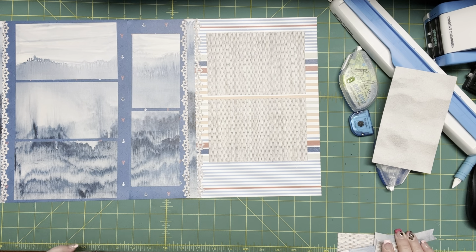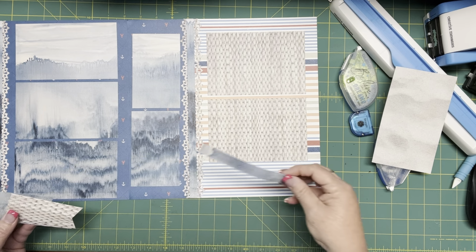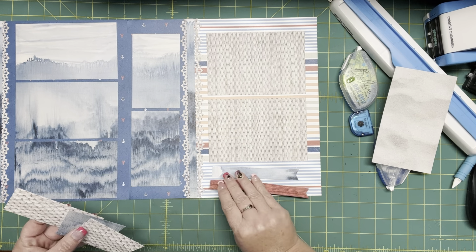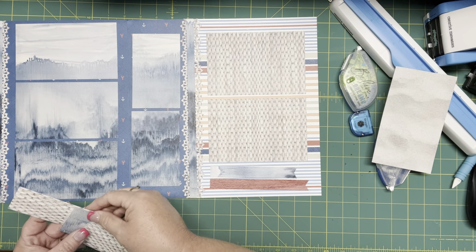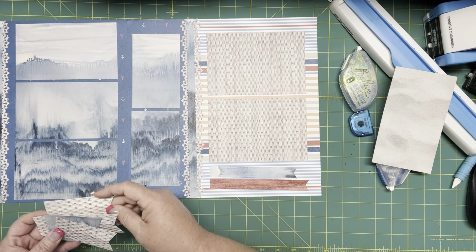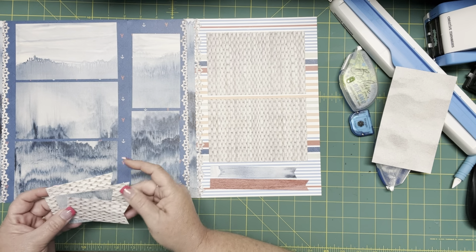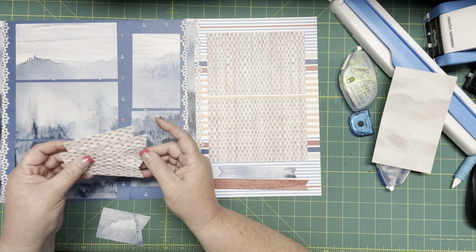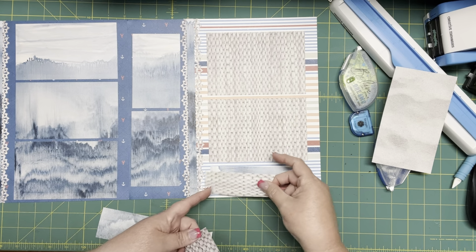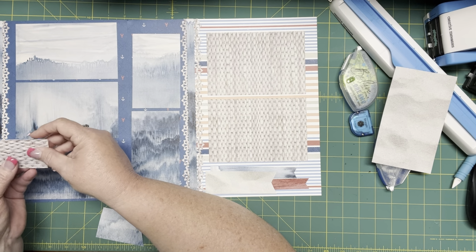But let's get our flags put on so that we have those. So each one of these, we're gonna have a long one and a long one that's flipped over. And we're going to have, are we missing one? Oh, no, it was hiding. Okay, let's see, which one is that one? Okay, so the longest of the three that were cut from our sand colored paper is going to be the one that goes over here. And we're going to probably flip that one over. Okay, and then up here on the side, we're going to have